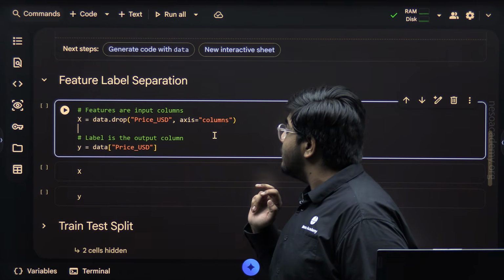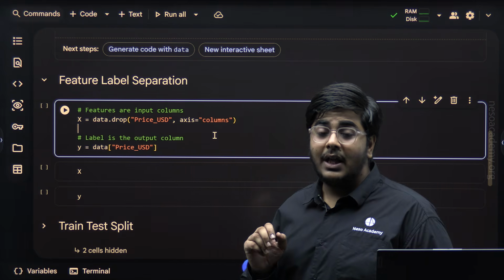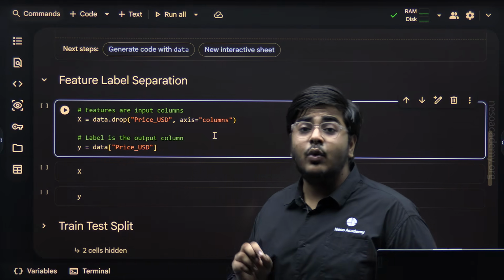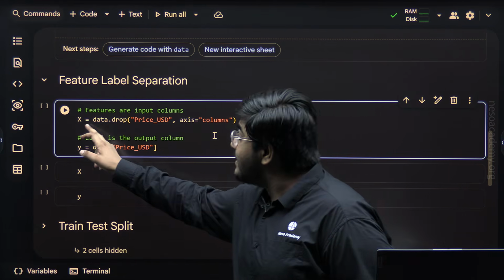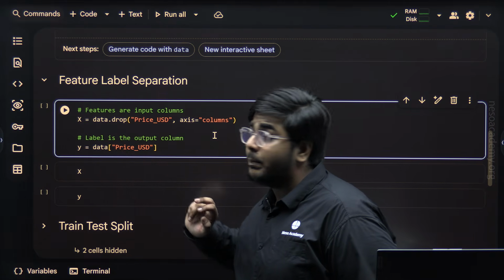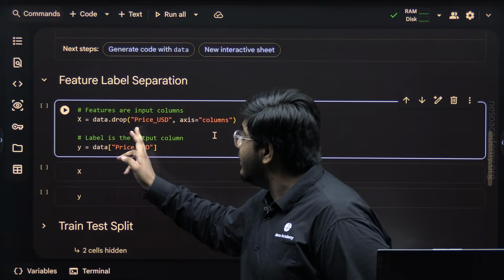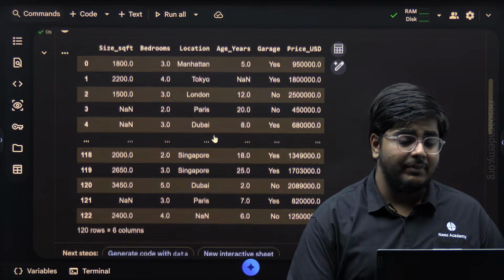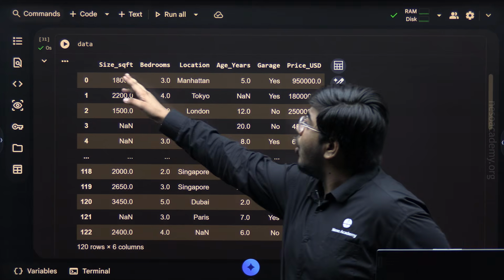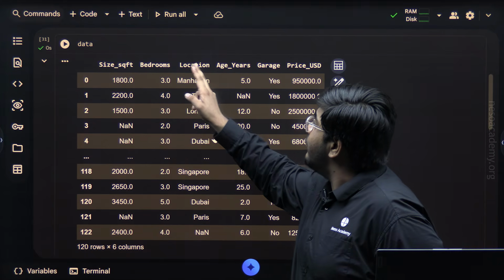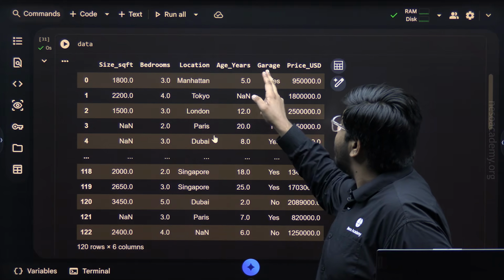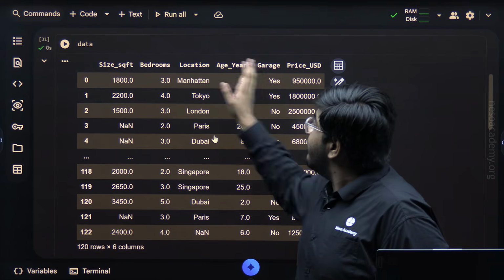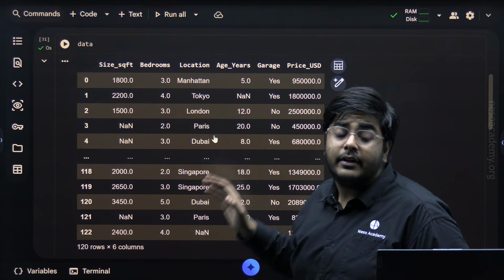So the line of code that I have written is X = data.drop('price USD', axis=1)... What does that mean? I have just explained that uppercase X denotes the features. So X is equal to data.drop, which means the drop function is applied over the data frame data. This data frame contains the columns size SQFT, bedrooms, location, age years, garage and price USD, which means the features and labels are not separated.